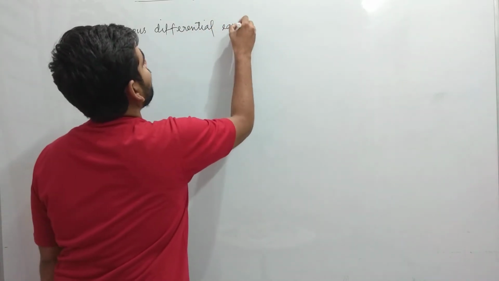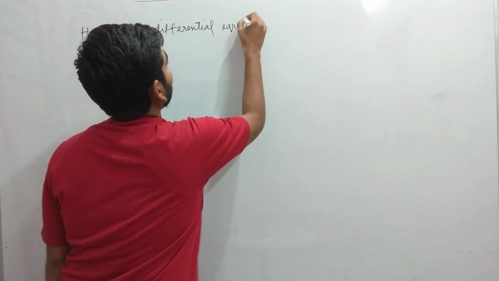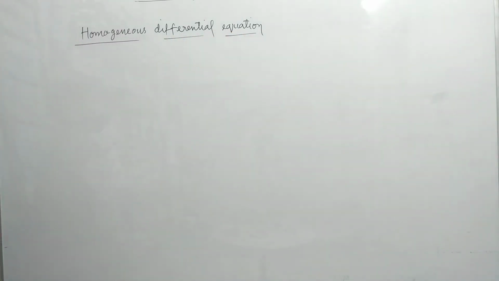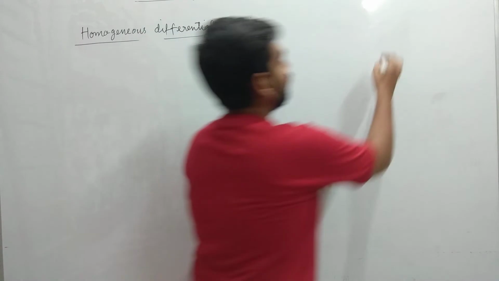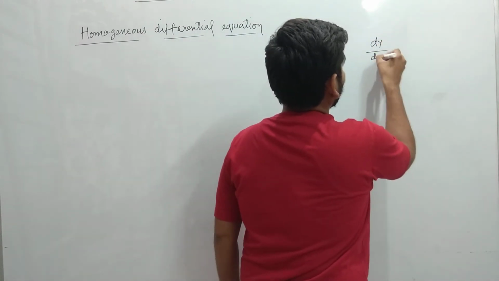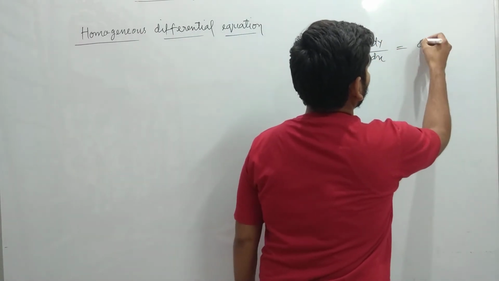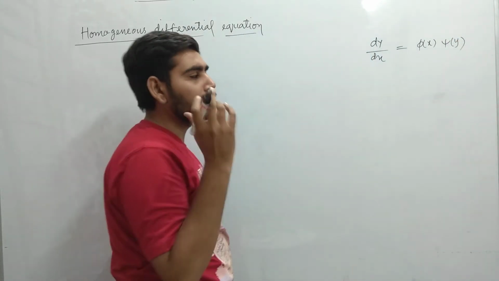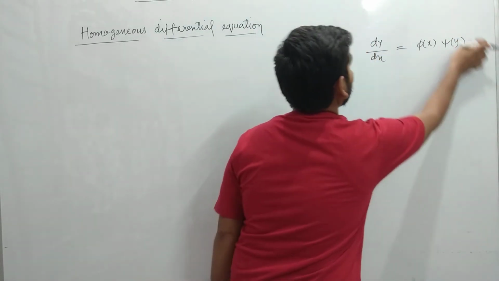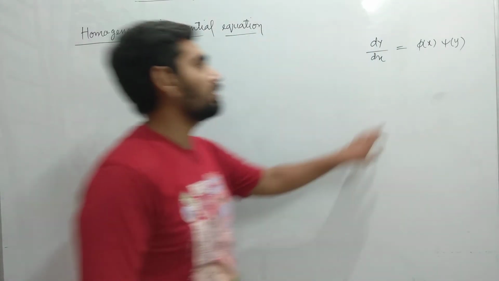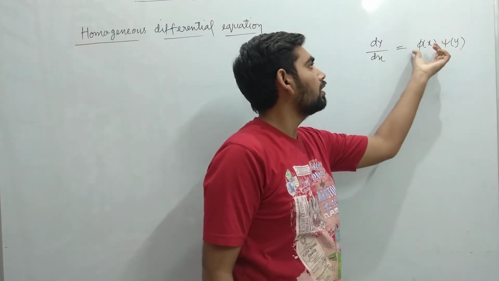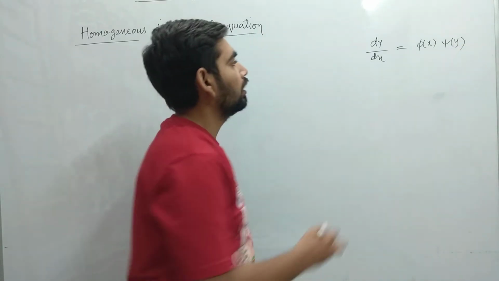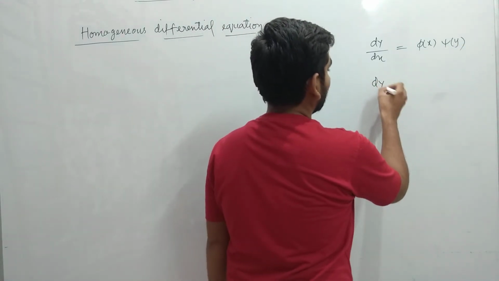Variable separable method has been taught to you in the introductory lecture on differential equation. If you have not studied, then I am telling you, the differential equation has the form dy by dx equals phi x psi y. In this type of differential equation, we can see that we have a function of x separated from function of y. These two functions are in the product. We can easily separate these functions.